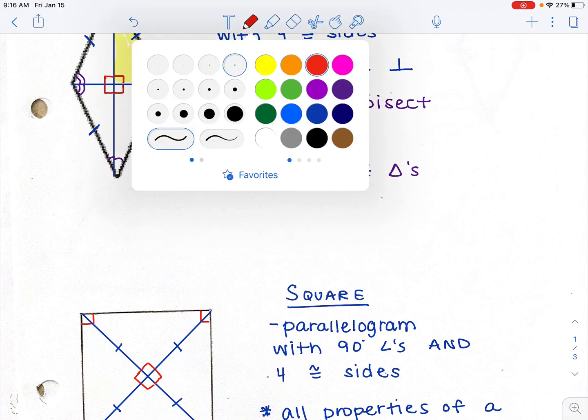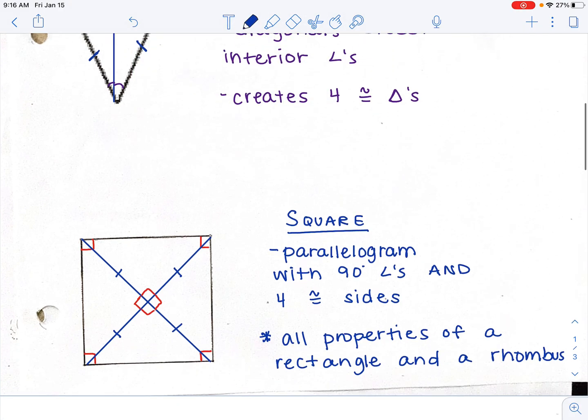We also know the diagonals bisect those interior angles. And the good thing is, with this at least, since they bisect the interior angles, each angle is 90 degrees. So if we do 90 degrees divided by 2, that means each of these angles is 45 degrees in here. And the same thing goes too, it creates those 4 congruent triangles, and each of those triangles are going to be